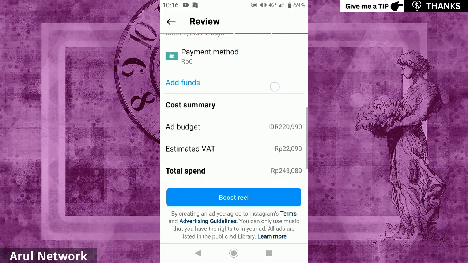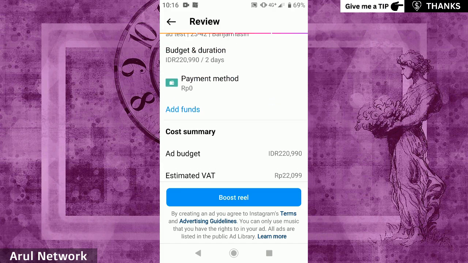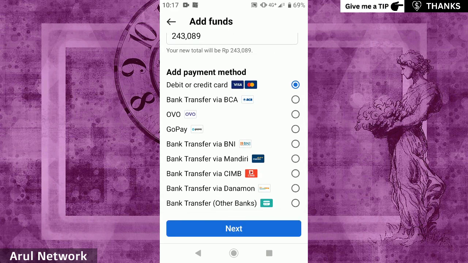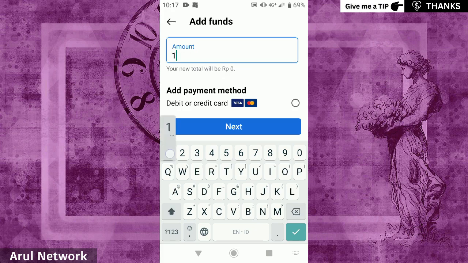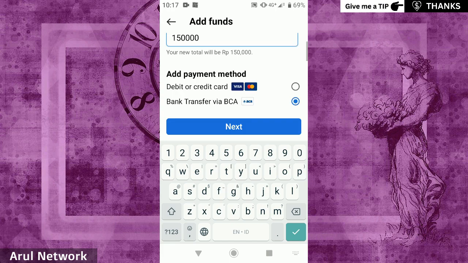and then you must add funds. Click add funds and select your payment method, maybe bank transfer, and you can type your amount, 150,000 rupiah, and then click next,